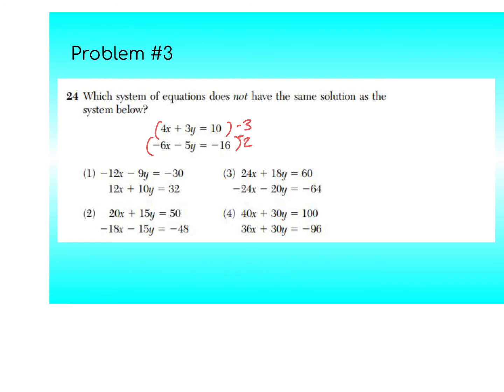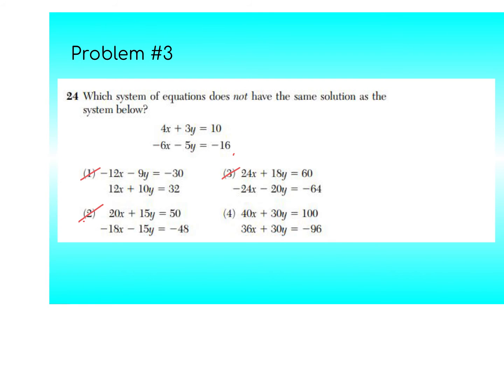end up with system number 1, and those variables would cancel out, so that is going to have the same solution. So that one we can rule out. And if we look at the bottom one, for number 2, we would be multiplying the top by 5 and the bottom by 3, and we would end up with 2. So that's just a manipulation of that one, so we can rule this one out as well. And if you look at choice 3, you can see that it's just the same system multiplied by 6 and 4. So the one that will not work, if you take a look at this one, the choice 4, the